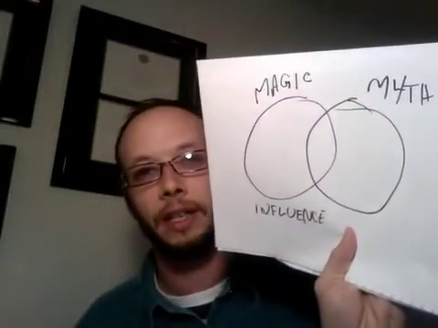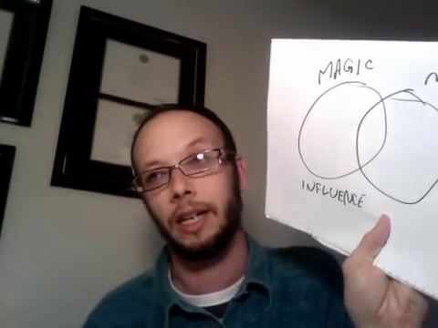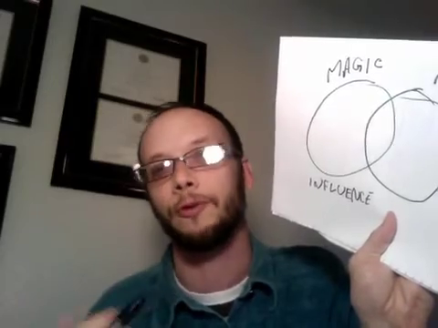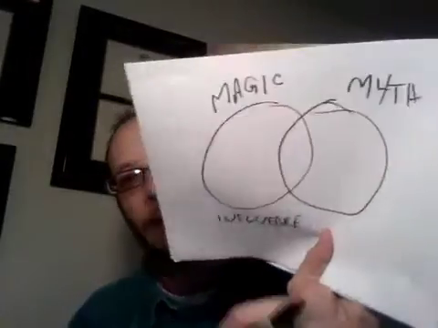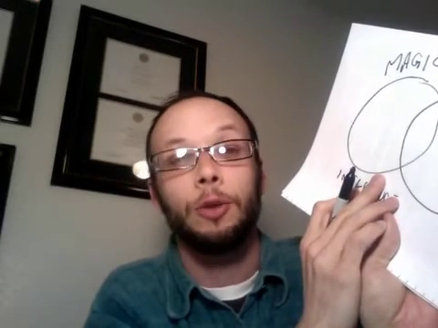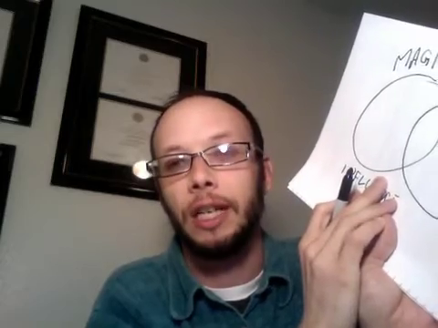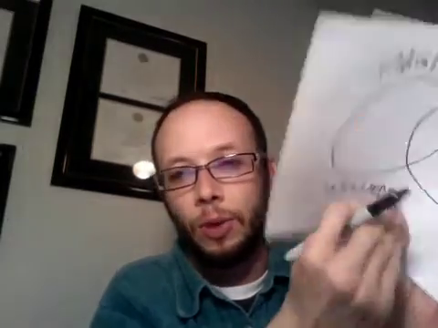Mythology or myths would be a story. It's a bunch of words put together in a story form. The word myth is actually from the Greek word mythos. It would mean story, words, legend. It could be like a proverb. It doesn't have to be true. It doesn't have to be false. It could be historical fiction, or it could be history, like propaganda, which has elements of truth and is yet